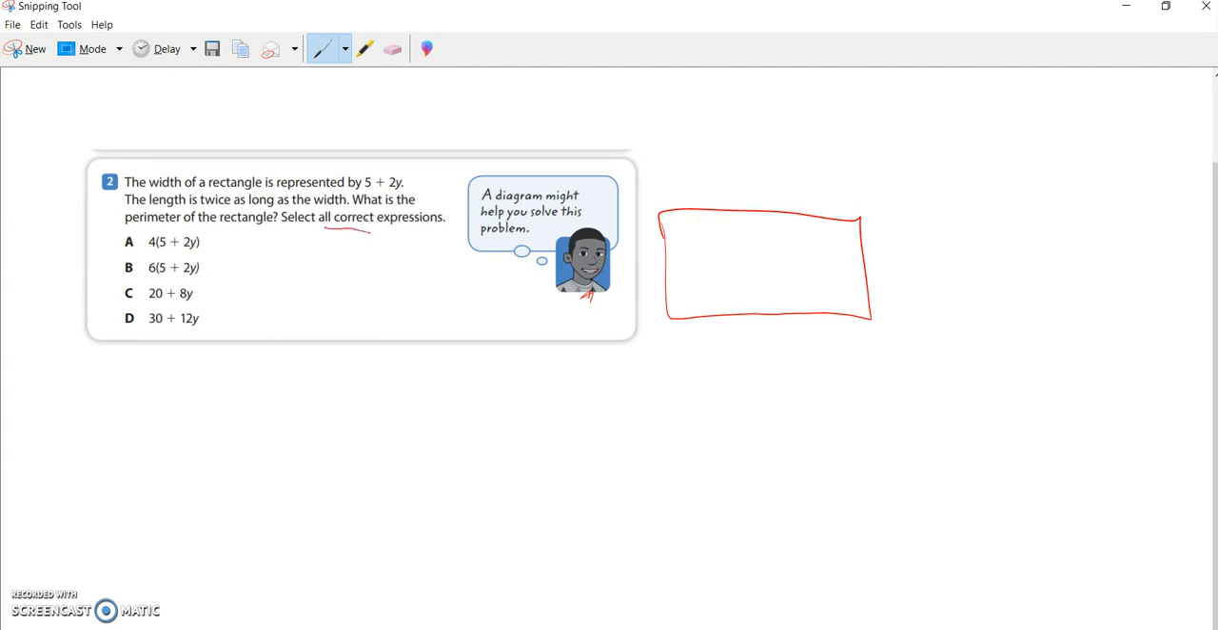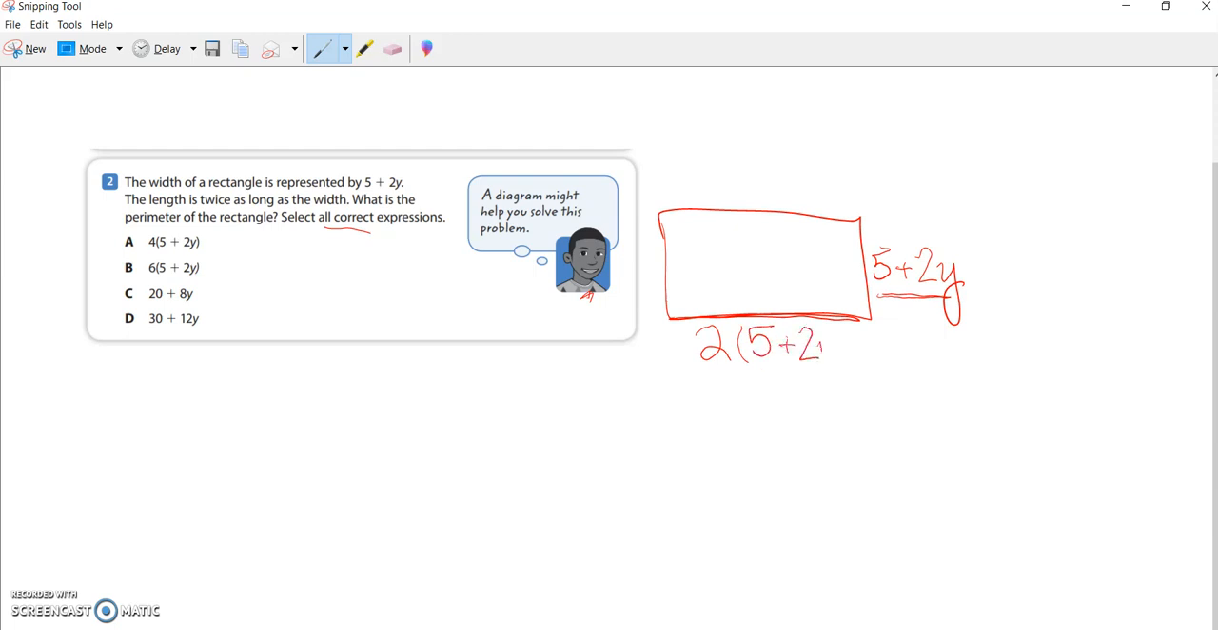Okay, now when I drew my rectangle, I drew the bottom side longer and then the side. So it's telling me the length is twice as long as the width. So then the length would be this longer side. So I labeled the width, the shorter side, as 5 plus 2y. It says the length is twice as long as the width. So it means that I take the length of the width and I'm going to double it. That's 2 times,